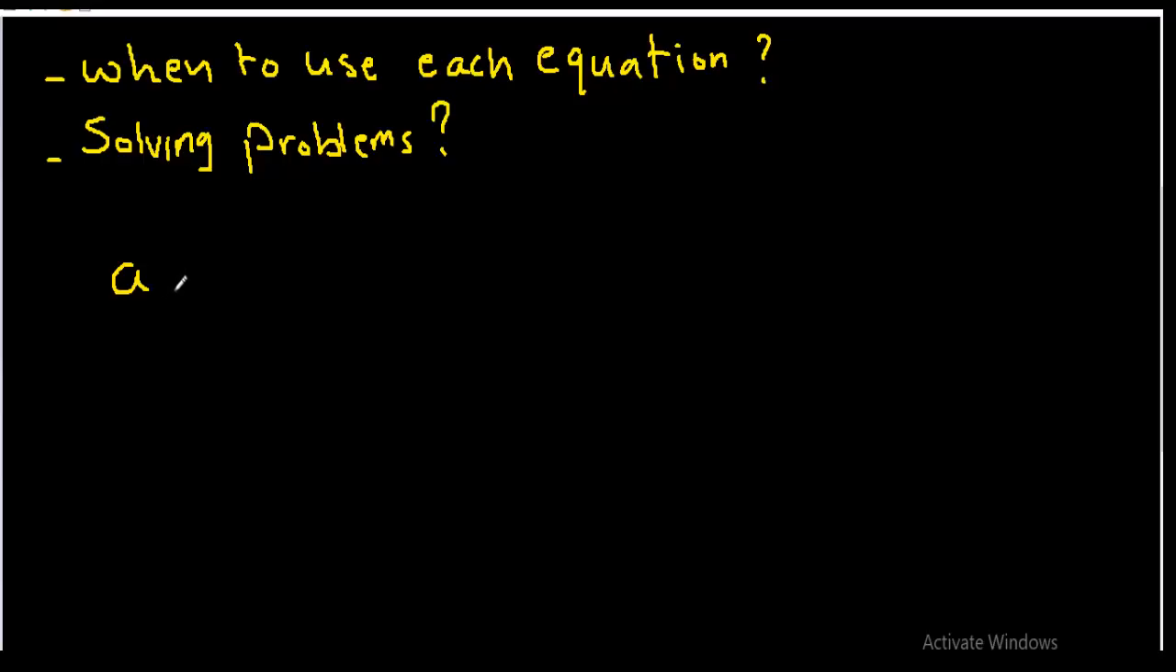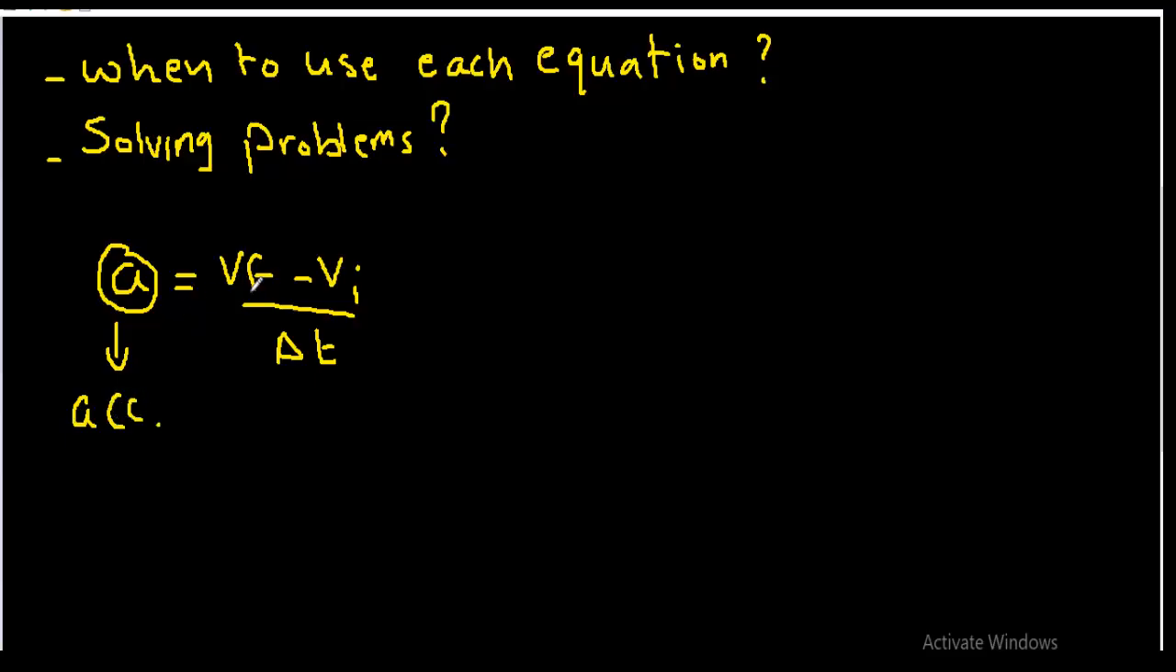non-uniform velocity, it acquires acceleration, which is given by this equation: a equals Vf minus Vi over delta t. A means acceleration, Vf means final velocity, Vi means initial velocity, and this is the time taken from the initial velocity to the final velocity. And the equations of motion are applied for any